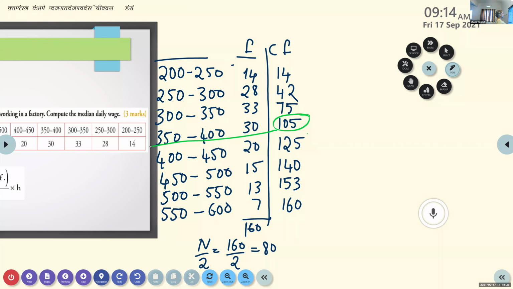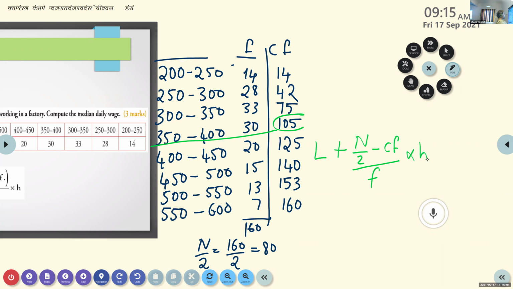And one more thing remaining, you know which number comes as a cumulative frequency? Kevin? Ma'am, the preceding cumulative frequency. Preceding number. What is that number? 75. Okay. So here we are writing the formula before that: L plus N by 2 minus CF divided by F into H.